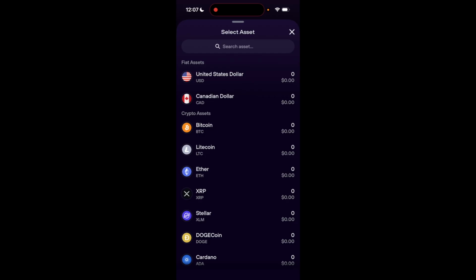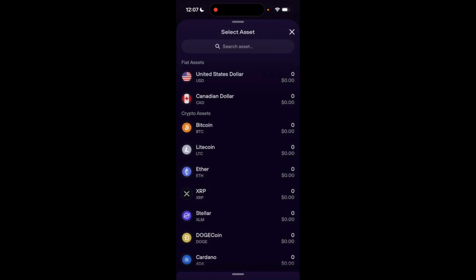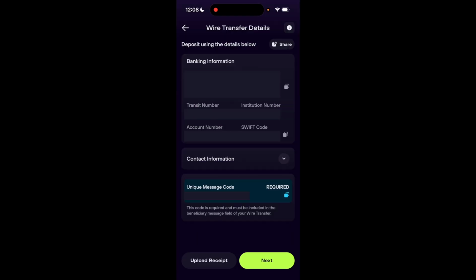Once you're here, if you want to deposit cash, you have two different options: the United States dollar and the Canadian dollar. If I press on Canadian dollars, there are a couple of different ways you can deposit cash. You can do it through e-transfer or wire transfer. If you wanted to deposit US cash, you can press on United States dollar. It'll then bring you to this screen, where you have to wire